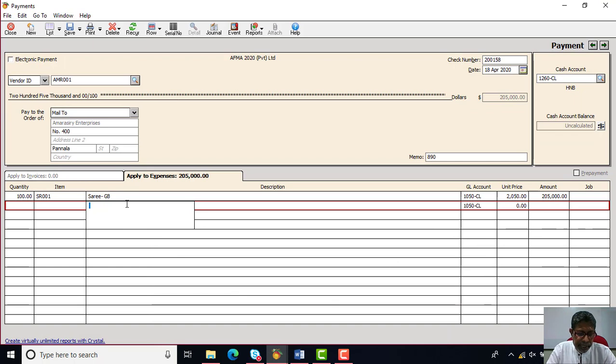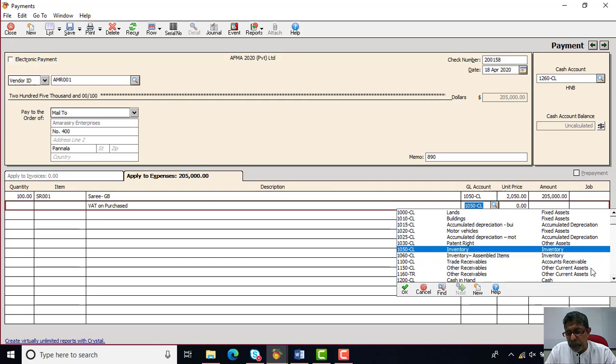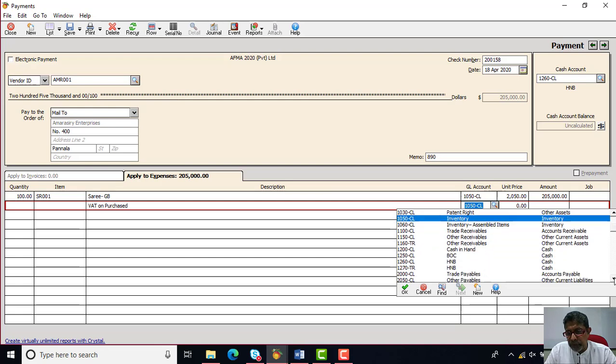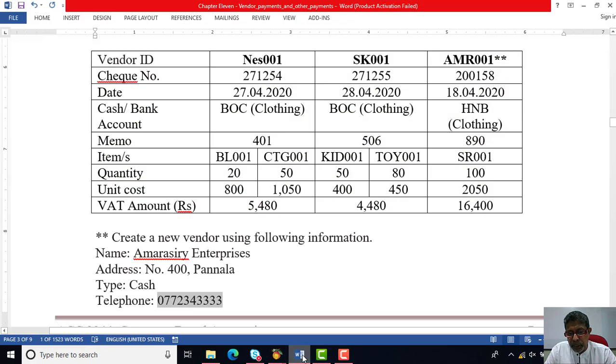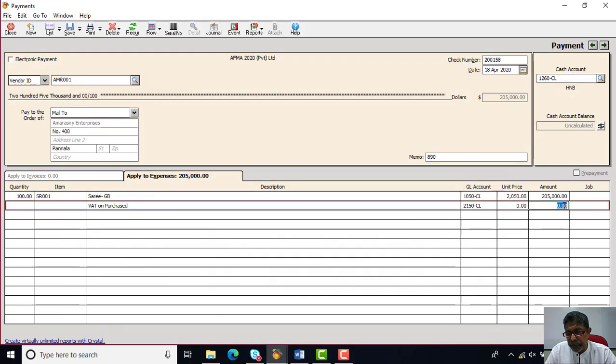So on the next line, we can enter the VAT on purchase. Make sure you put that into the VAT control account. Select your appropriate accounts, the VAT control account, and the value to enter under the total value is 16,400 rupees.